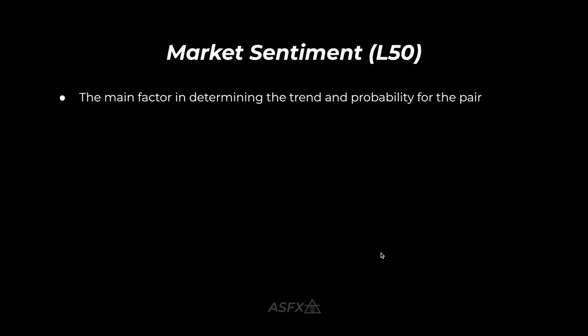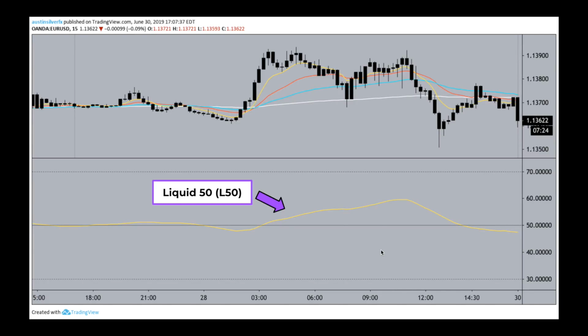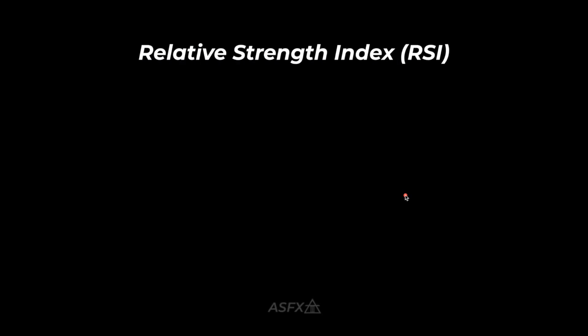First, to talk about the market sentiment. This is the most important piece. This is what I want you to look at every day when you come to the charts. When you first look at the charts, this is where your eyes should go. This is the main factor for determining probability. It's going to tell us if we should be buying or selling, and it's labeled as the yellow line on the TDI. You can see it right here in this example. It starts above this stationary 50 value, it drops below, and then pulls up above it as the day goes on.